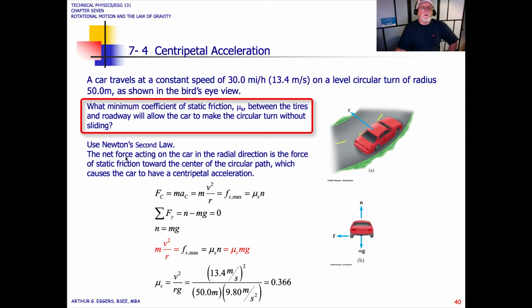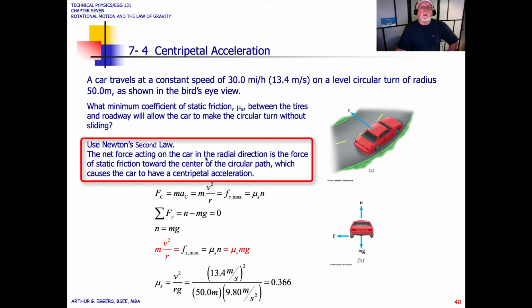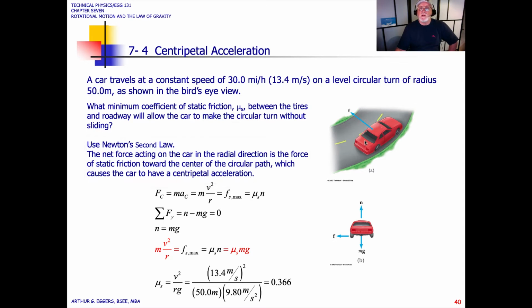So the net force acting on the car in the radial direction is the force of static friction toward the center of the circular path, which causes the car to have centripetal acceleration. You can see this from the two diagrams. Diagram A shows the force in the direction of centripetal acceleration, and then we can see by our free body diagram of the car the normal force, the weight, or mg, and then of course the force of